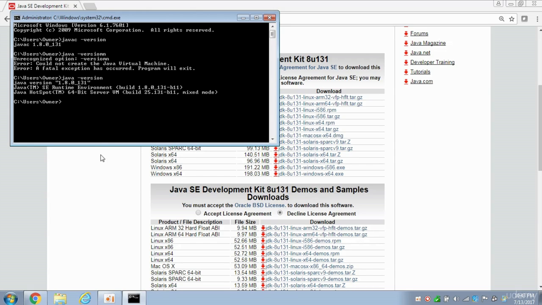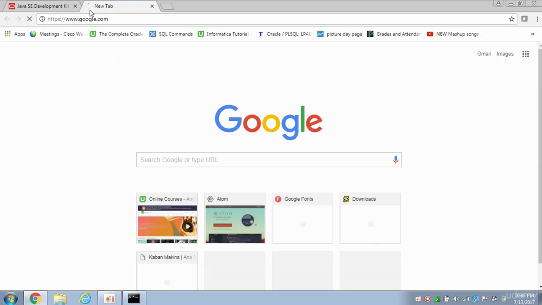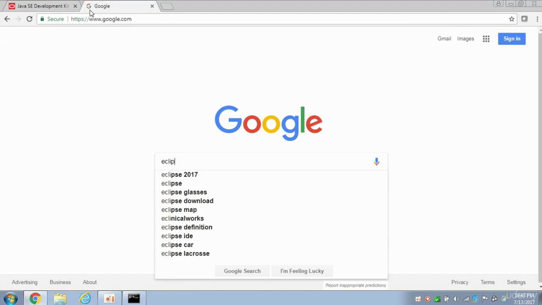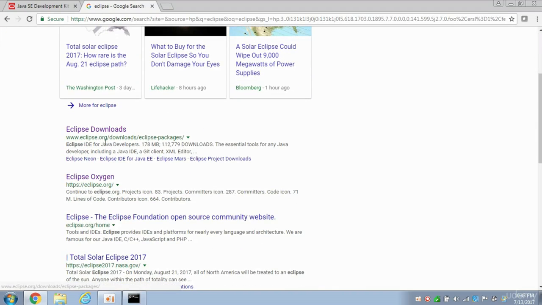So now we're ready to download and install Eclipse. So let's go back to Google and type in Eclipse here and hit enter. And this is the link that we want, eclipse.org. And as a matter of fact, Eclipse Oxygen, this is the latest version. So it doesn't matter which version of Eclipse we use, just try to get the latest one if possible. So the one at the time of this recording is Eclipse Oxygen. So let's click that